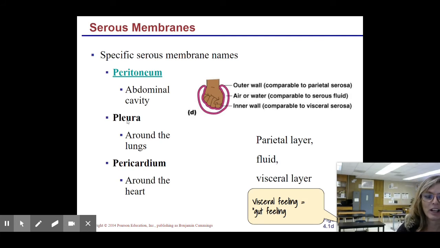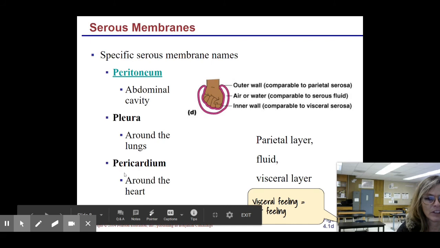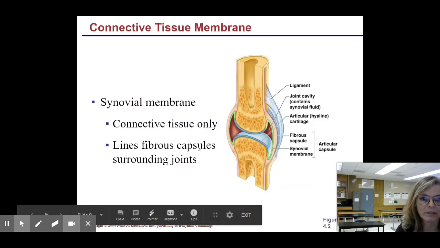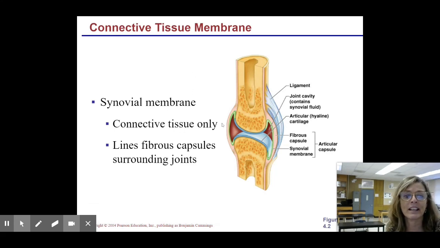The visceral pleura cover your lungs themselves, and the parietal pleura covers the inside of your thoracic cavity. And we've already talked about the pericardium. You have a visceral pericardium on the outside of your heart and a parietal pericardium on the inside of the pericardial membrane. The last type of membranes are the synovial membranes, and they actually aren't made of epithelial tissue, but